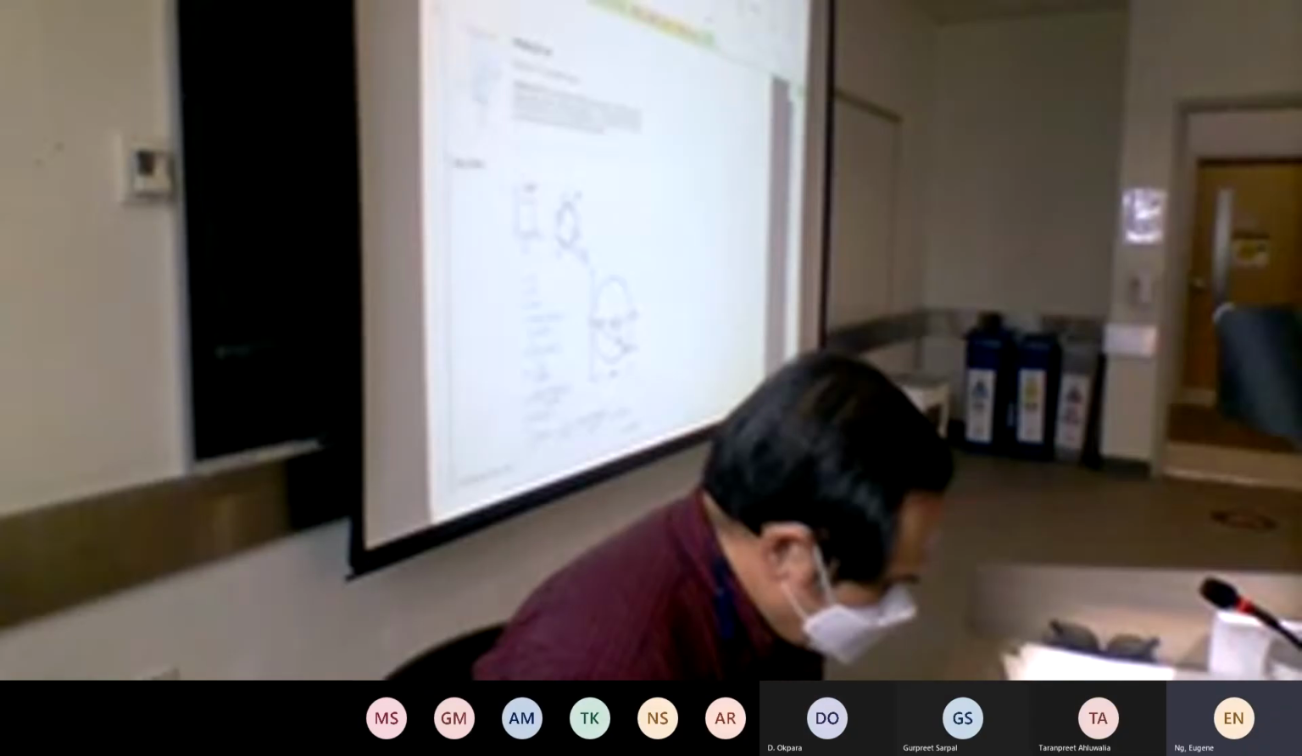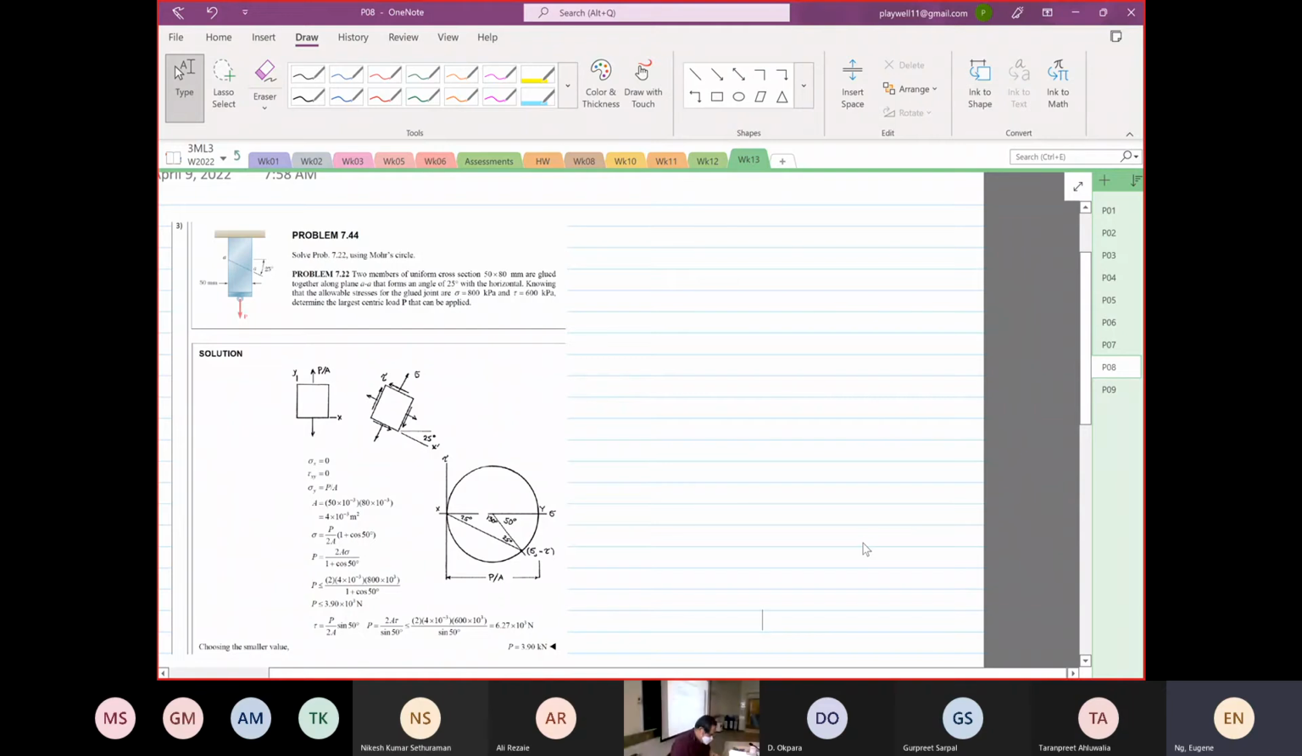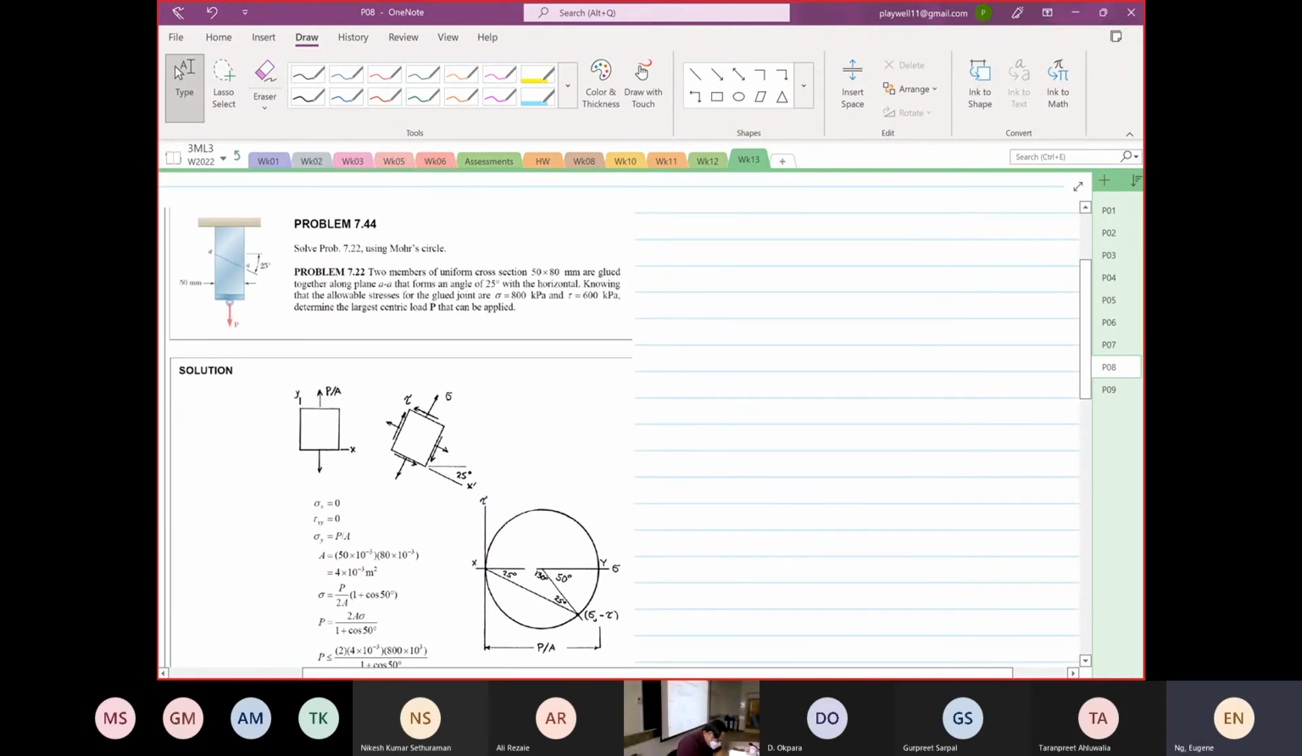Okay, so let's look at this problem over here. So we're going to solve it using Mohr's circle. Two members, cross-sectional area 50 by 80, are glued together and have a 25 degree angle with the horizontal. Knowing that the allowable stress for the glue in the normal stress